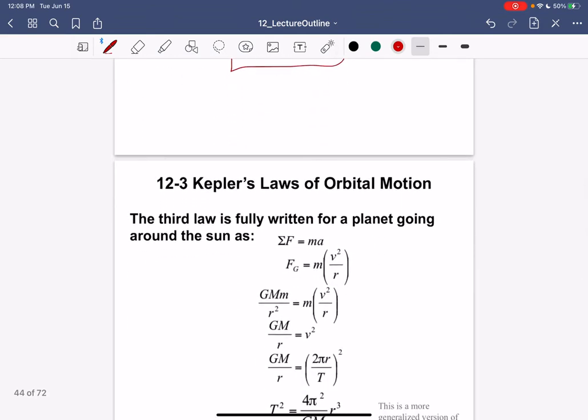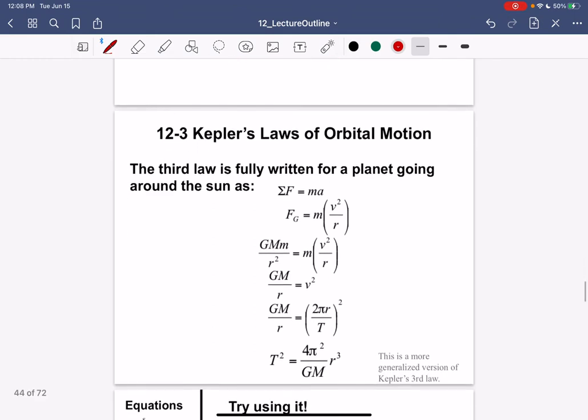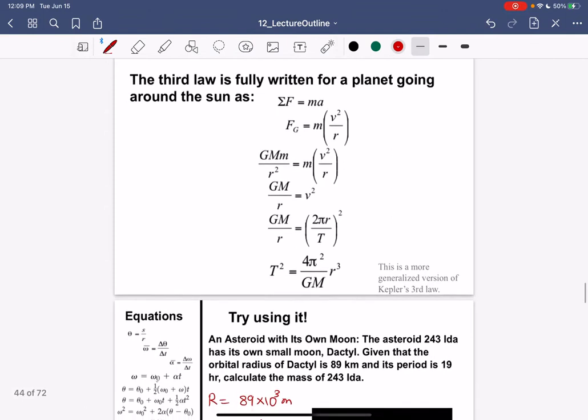This is just showing you the derivation and what is the value of this constant. We can say that sigma F equals MA, and then Fg equals m times the centripetal acceleration, which is v squared over r. And then here we're gonna put GMm over r squared, and then finally we can say that T squared equals 4 pi squared over GM times r cubed. This is the one that has the value of the constant, and this is another way that we now use to calculate the mass of planets